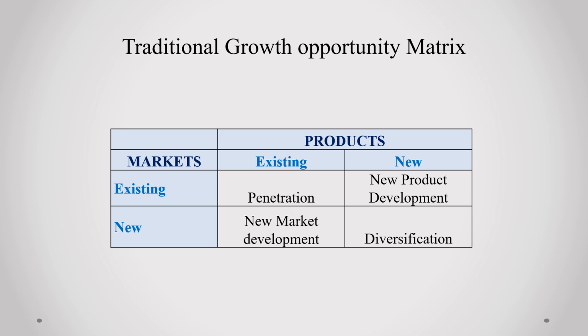Another approach would be taking our existing products and moving into new markets with them. Sometimes this involves going to foreign countries to market our product. Sometimes it's to different geographic areas. Someone like In-N-Out Burger, which is franchised west of the Mississippi, might be thinking about franchising east of the Mississippi. That is, it's an existing product with what? New markets. That's called a new market development strategy.